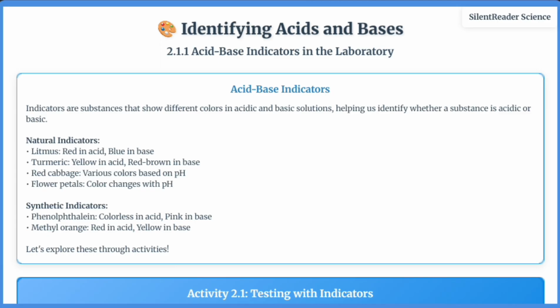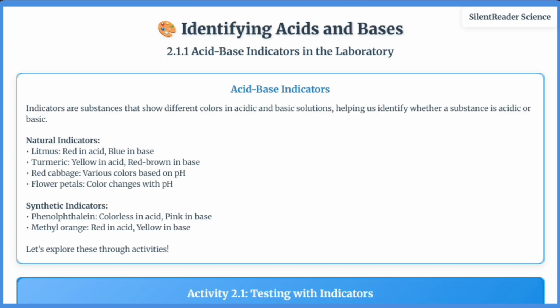In Activity 2.1, we test various acid and base solutions with different indicators and record the color changes. Blue litmus turns red in acids but remains blue in bases, while red litmus turns blue in bases but stays red in acids. Phenolphthalein is colorless in acids but turns pink in bases, and methyl orange shows red in acids